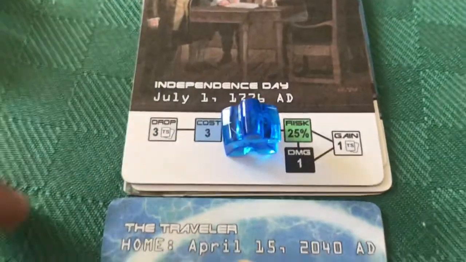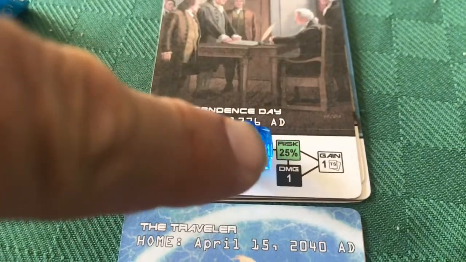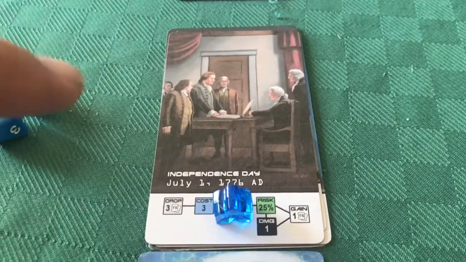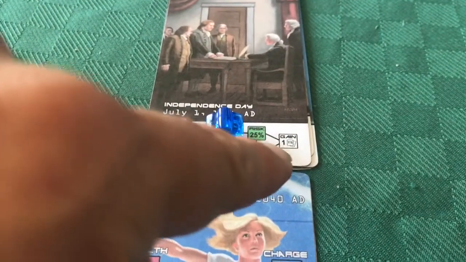Now, let's resolve our risk here. It was a fairly low risk, 25%, and if we roll 24 or lower, we will incur 1 damage. So that was a pretty low risk place to travel to. So let's resolve that right now. We want to roll 25 or better, and we get 28%. So it was a close call, but we avoid that 1 damage, and our bonus is we gain 1